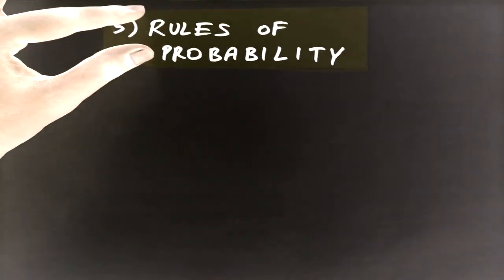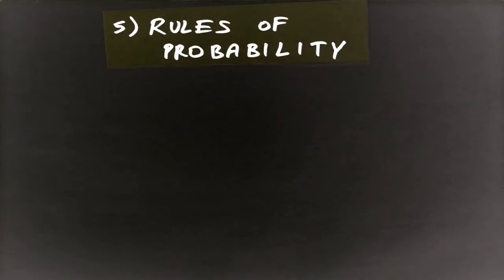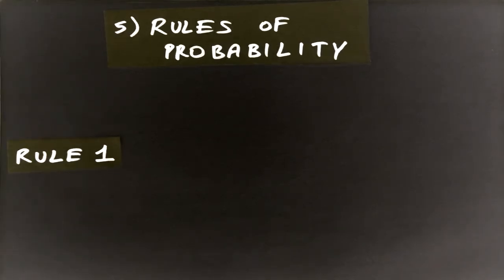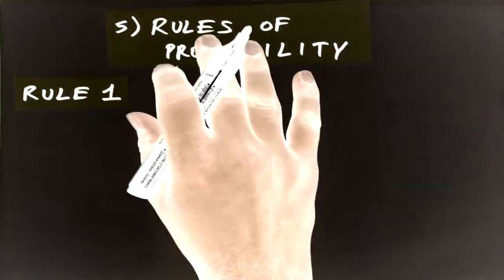So now it's time to move forward to the rules of probability. Now we will try to understand how questions are solved in GATE. So let's understand. There will be 6 rules. We will study them one by one and do their numericals. Rule number 1. What is the rule number 1? Let's write. Rule number 1 says